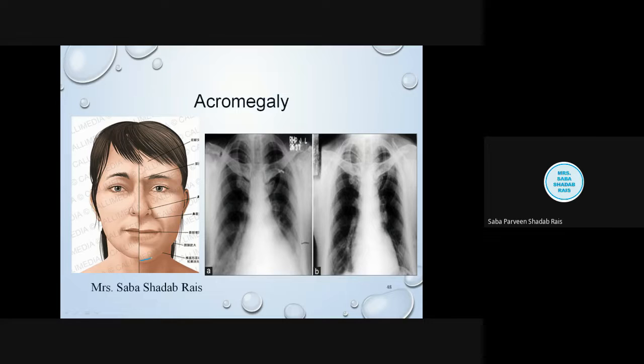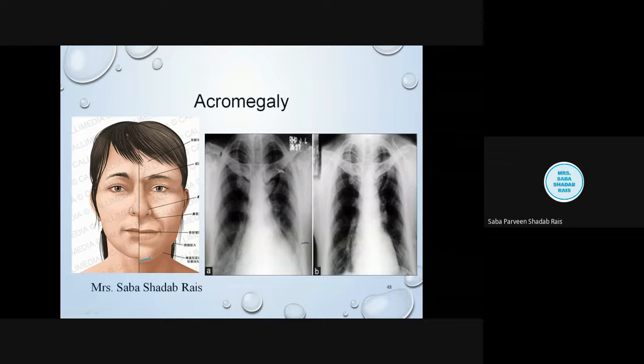Since the mouth is closed, you cannot see it here. But imagine the condition where the person's jaw is enlarged in size, but the teeth will not enlarge in that way. Understood? Because teeth have a different origin and work in a different way. So the teeth will automatically space out in such people.